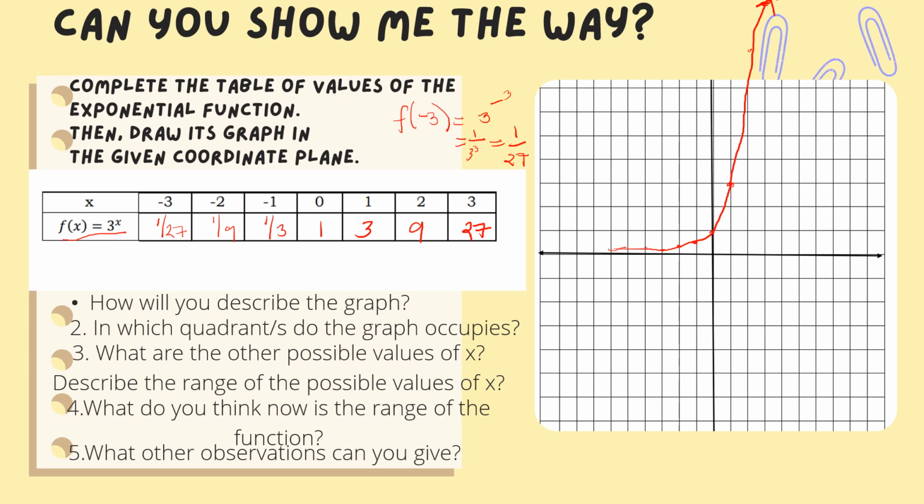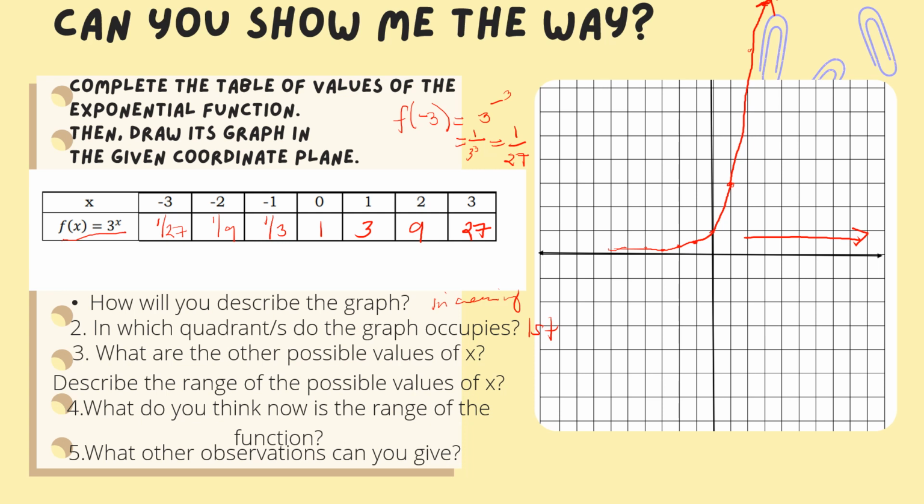So, how will you describe the graph? It's increasing. In which quadrants does the graph occupy? So, at the first quadrant. It's really in the first quadrant because as it extends and continues going upward, it will just widen and take